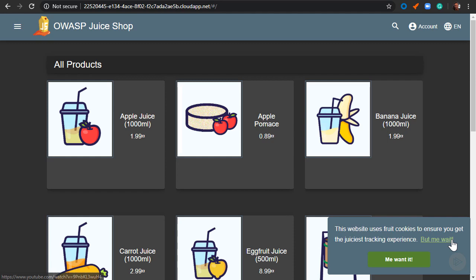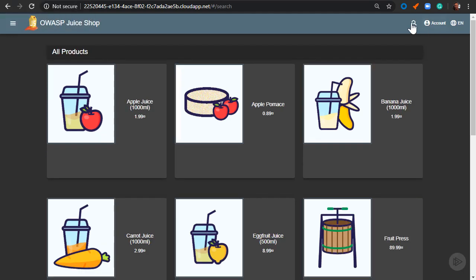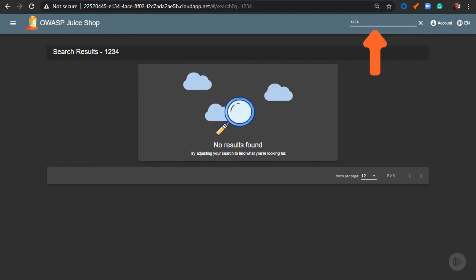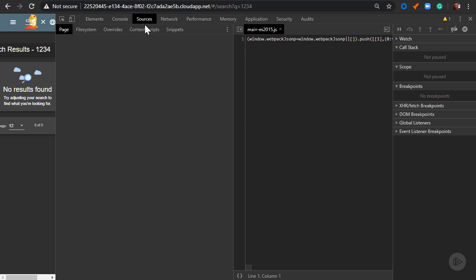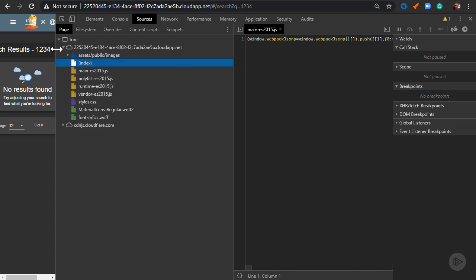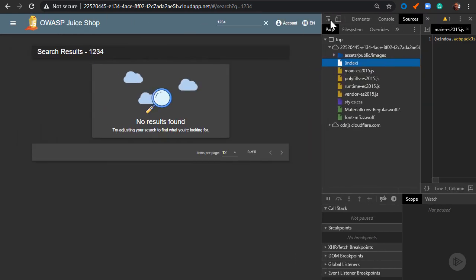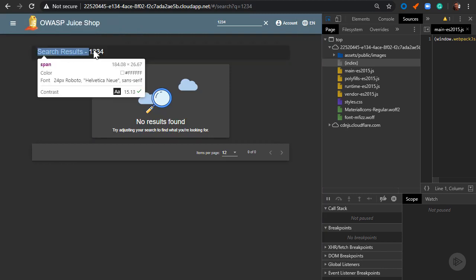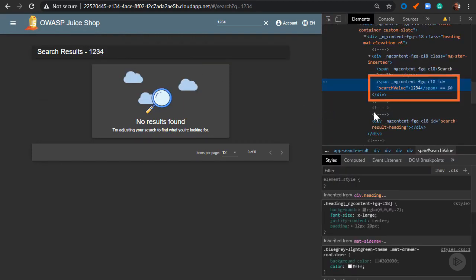So all caught up, let's take a look at the methodology for the execution of cross-site scripting exploit. The first requirement is a page that accepts user input, and the main page here has a search bar that seems to do just that. Even better is that after clicking search, the page returns the search string in the page. Now this can be done a few different ways, so you want to check and see how this was included. And you can hit the F12 button on the PC for the developer tools and use the inspect tool to select the search string results. It appears to have been added directly to the page, and this is promising.